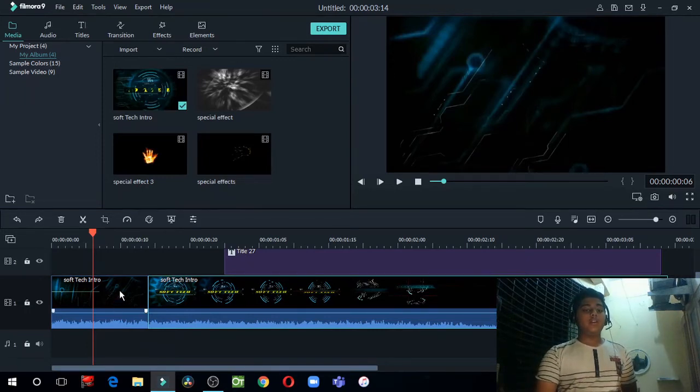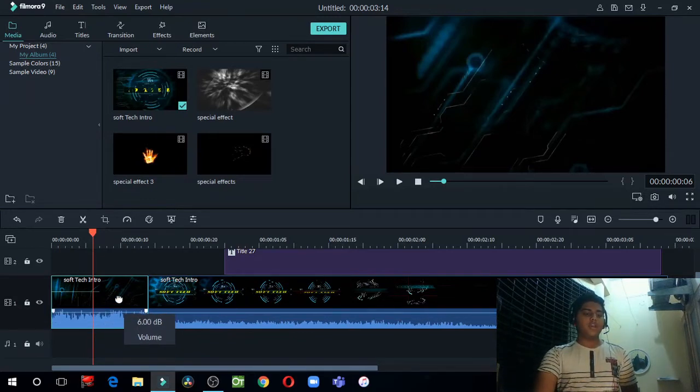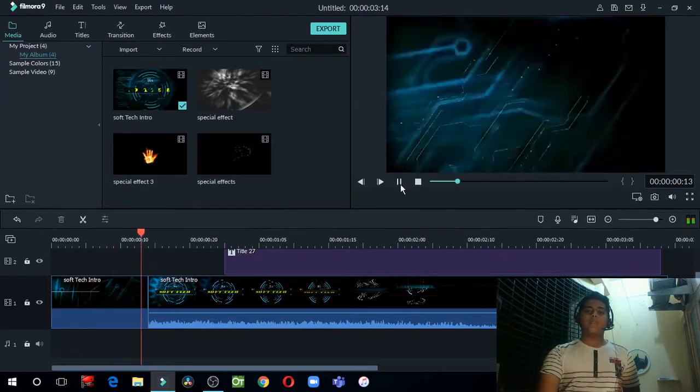Simply, if you want this entire clip's audio to go down, you have this volume line here, at 0 decibels. If you want to increase the volume, just move it up, or if you want to mute it, just make it down. As you can see, the audio waveforms are not visible here anymore. That means there is no audio.